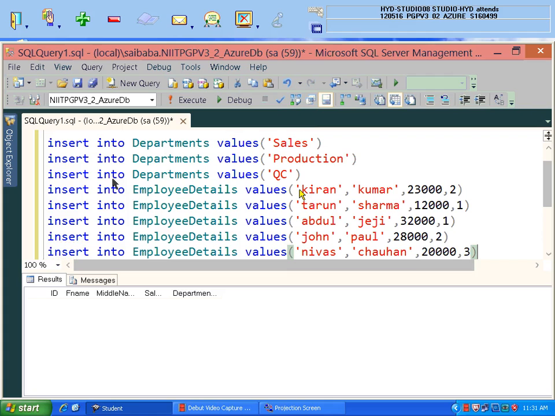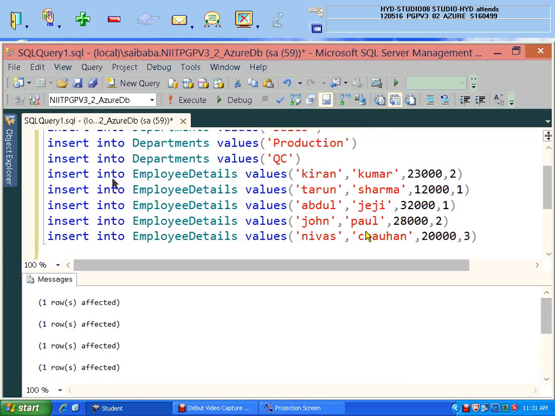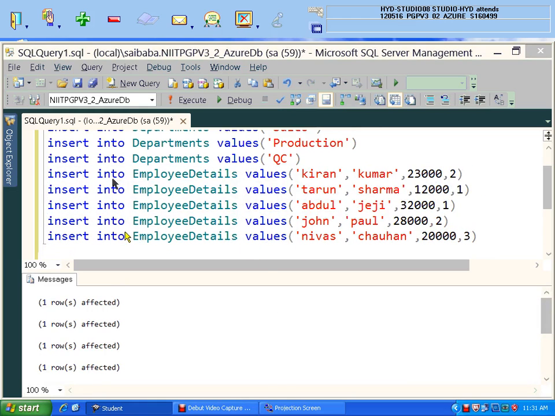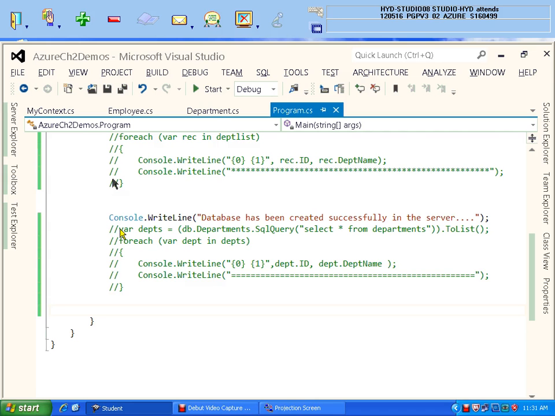So 5 records. Okay, so now the records are ready, everything. Now you check whether it will work or not. Previously it was not working, right? Now it will work for EMPS also.